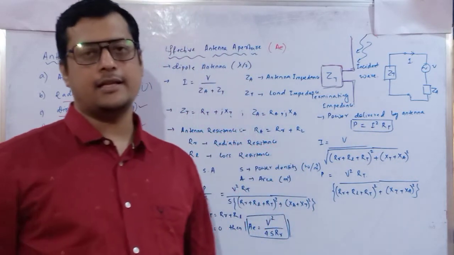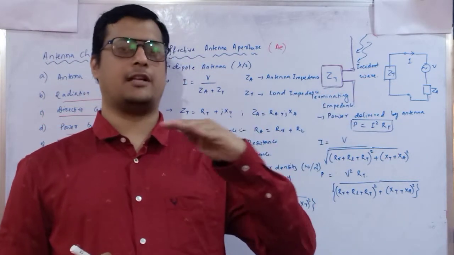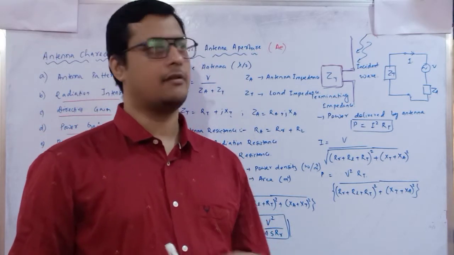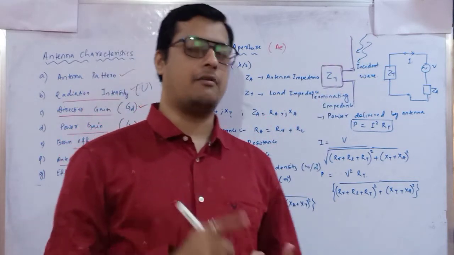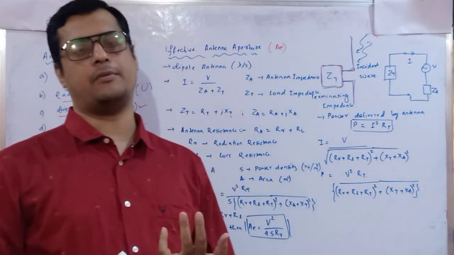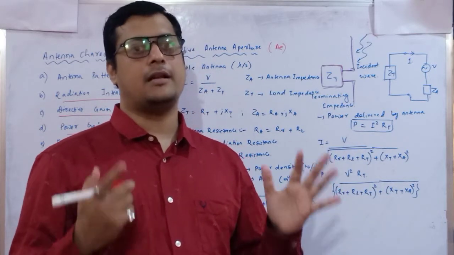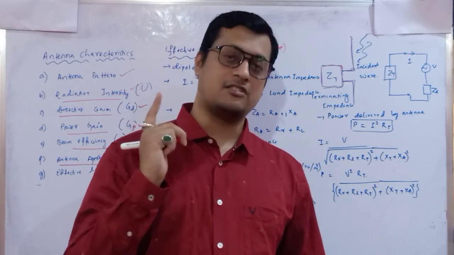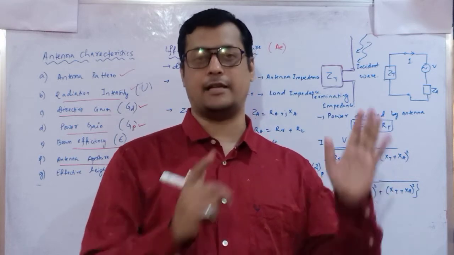So when it is receiving the electromagnetic wave, it will convert that EM wave into potential and current. Now with the help of that potential and current, we can easily identify the effective area of this particular antenna, whether it is a half wave dipole antenna, a quarter wave dipole antenna, a Hertzian dipole antenna, or a loop antenna, or whatever it is. So depending upon the relationship between potential and current, we can easily find out the effective aperture area of that radiating element or antenna.